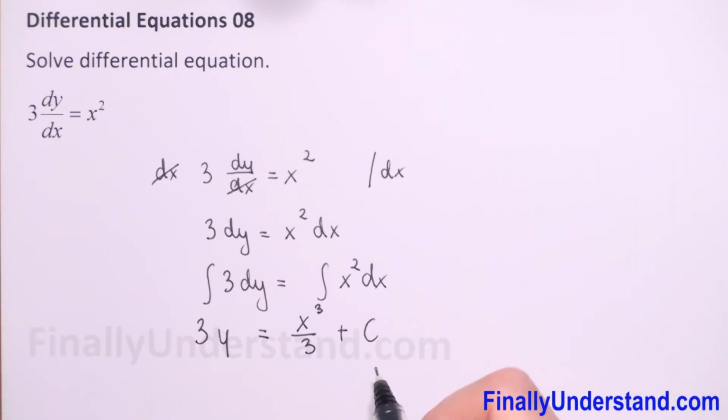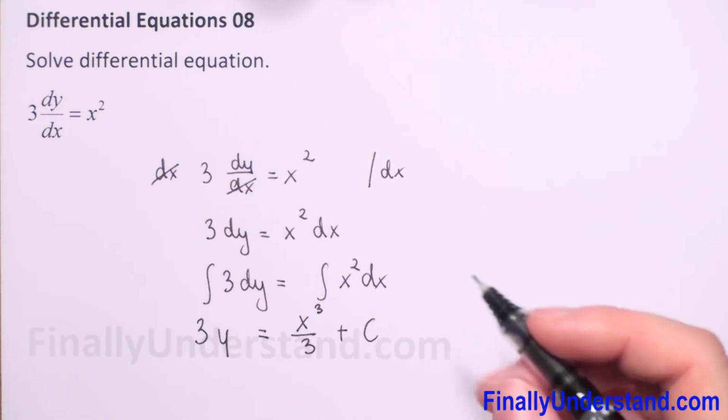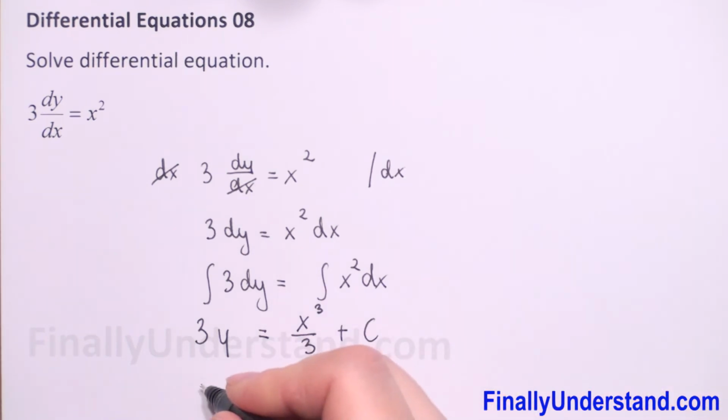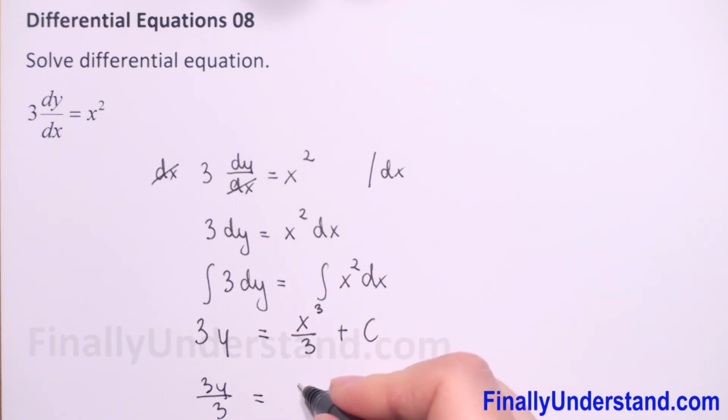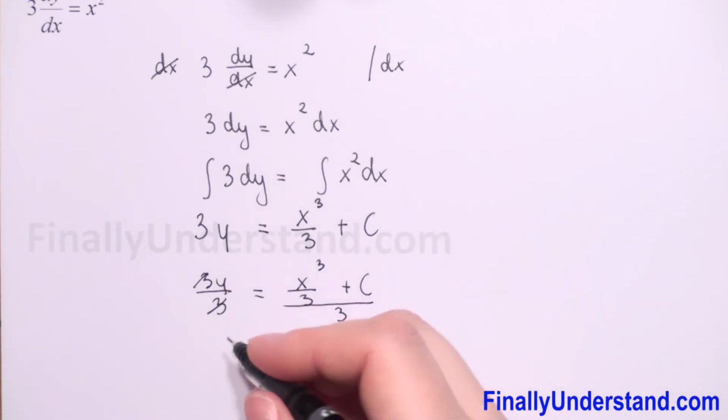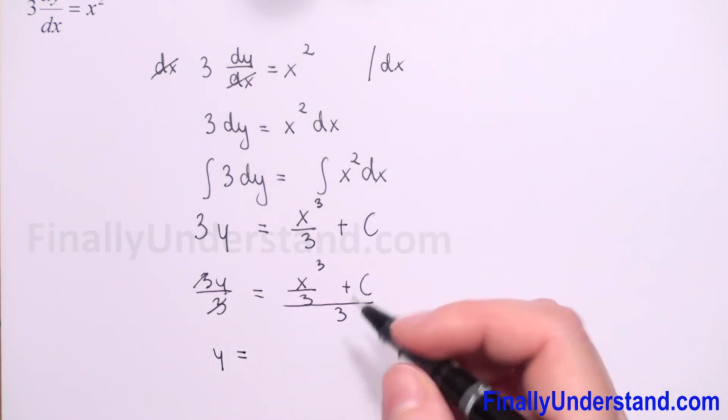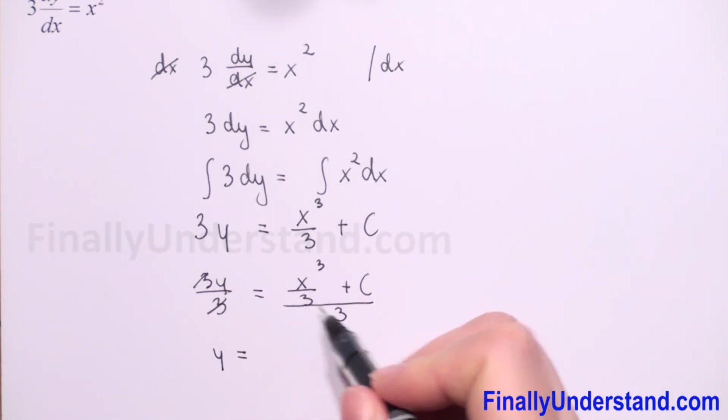We will divide both sides by 3 to get only y on the left side. So we will have 3y divided by 3 equals x cubed over 3 plus c, everything over 3. So 3 and 3 we can reduce, and we have y is equal to x cubed over 3 divided by 3,